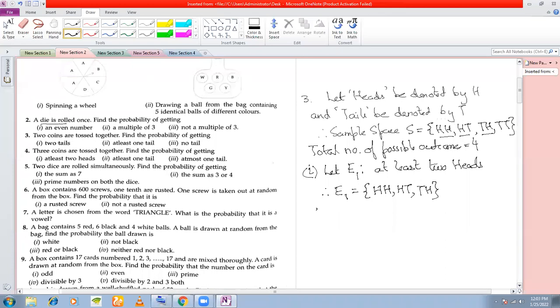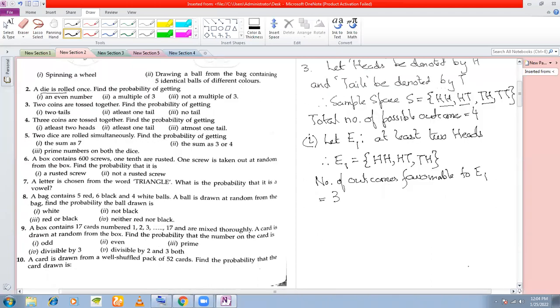So, number of outcomes favorable to E1. How many outcomes are favorable to E1 is equal to how many? In E1, there are 3 outcomes, right? So therefore, P(E1)